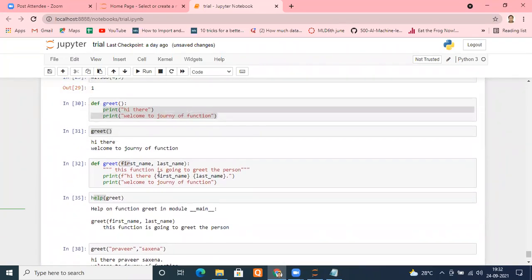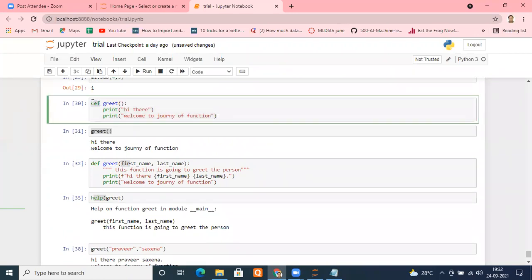Is it comfortable how to write the syntax of the function? First of all, which keyword will come? The def keyword will come. Then the name of the function, which will follow the same guidelines as the naming of a variable. Then these brackets. Putting parameters in these brackets is optional.